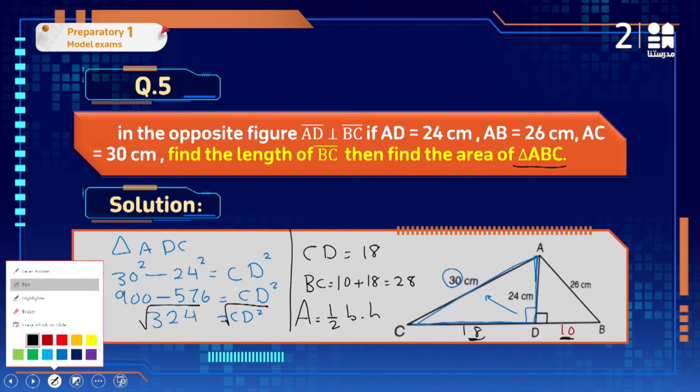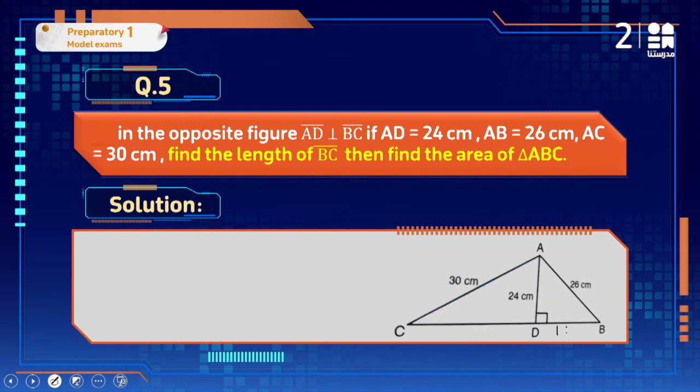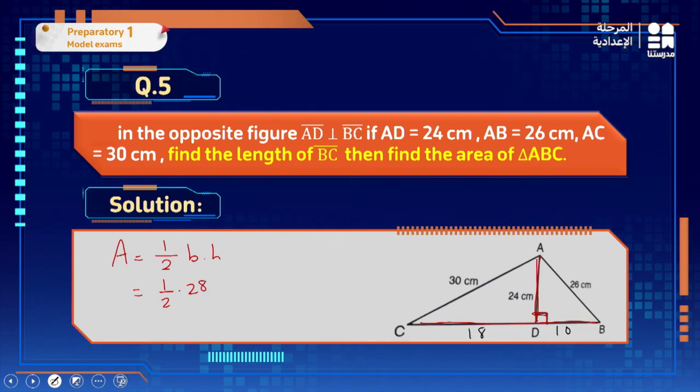Let me clear all. So here we got 10, and here we got 18. And the area is half base times height. The base is 28, which is BC. So half as it is, the base is 28, which is 10 plus 18, and the height is 24. And the final answer will be 336